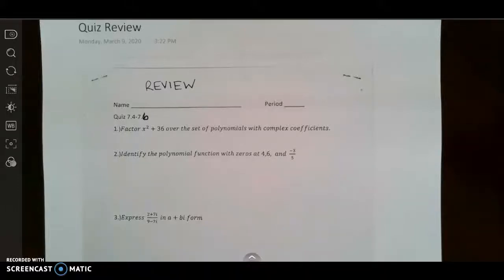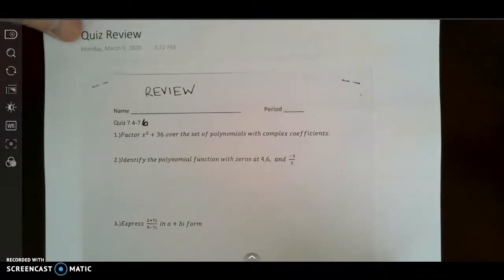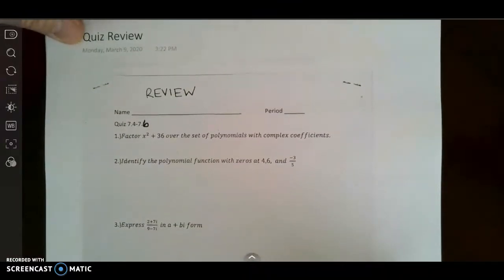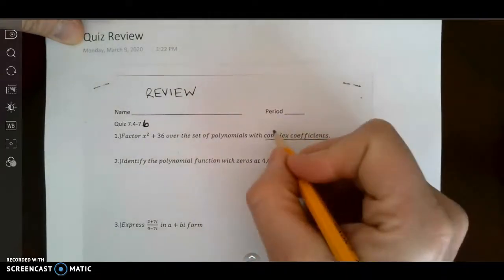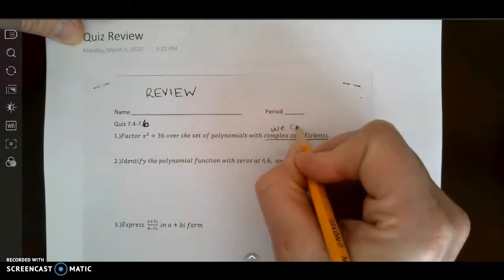So this is our quiz review where we're going to be looking at stuff with complex numbers and the factor theorem and fundamental theorem of algebra. Our first problem asks us to factor x squared plus 36 over the set of polynomials with complex coefficients, which means we can use